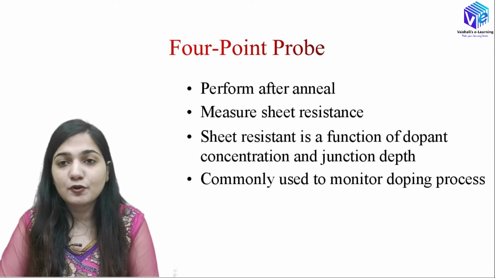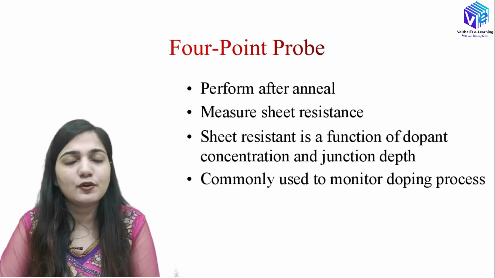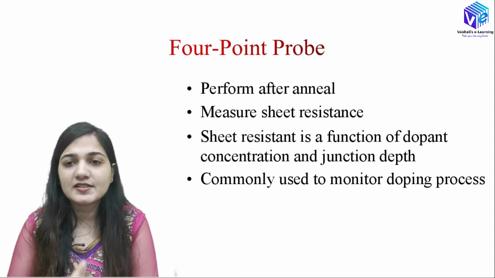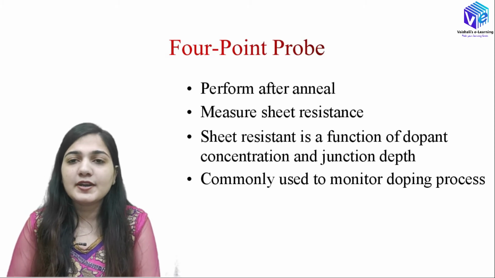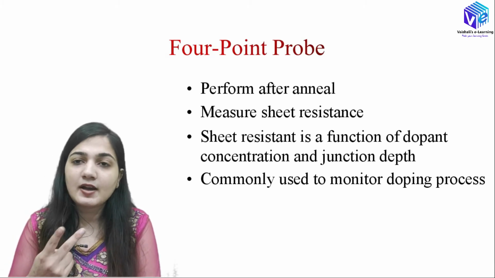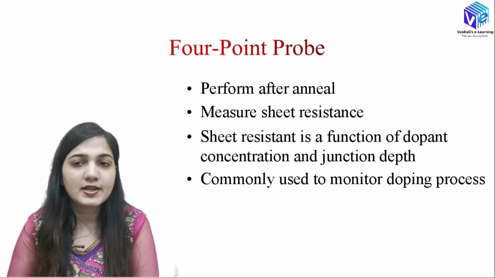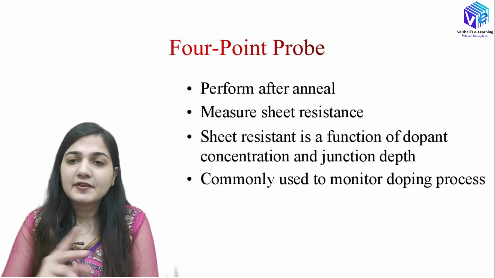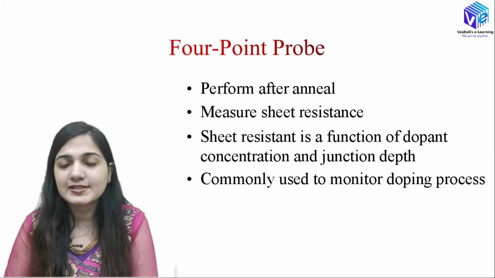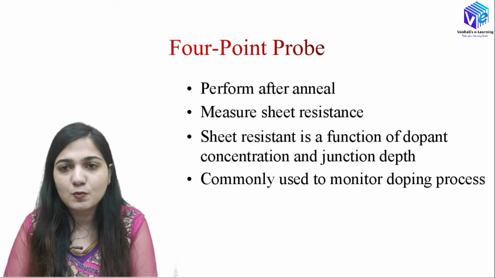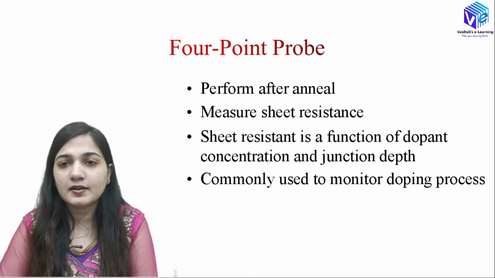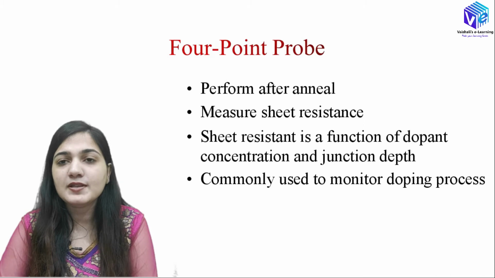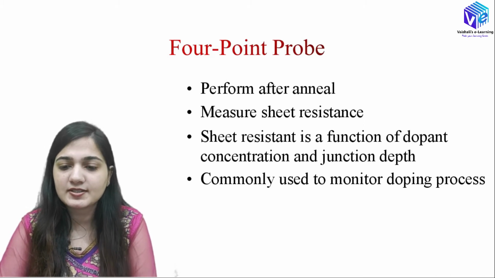Now the 4-point probe method, I have already talked about it a lot of times. Now you know how it looks. It has 4 probes and this is the reason it is called the 4-point probe. In 2 probes I am supplying the current, and in the other 2 probes I will be measuring the voltage. If I know the current and the voltage, I can divide them and find out the sheet resistance. V is equal to IR, so I divide V by I and get the sheet resistance. The 4-point probe is a very good method to find out the sheet resistance.